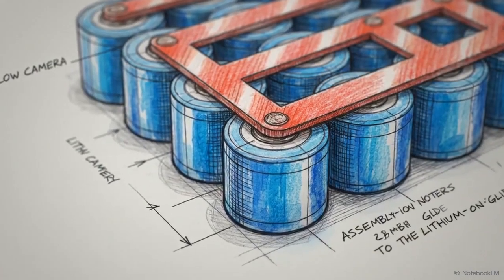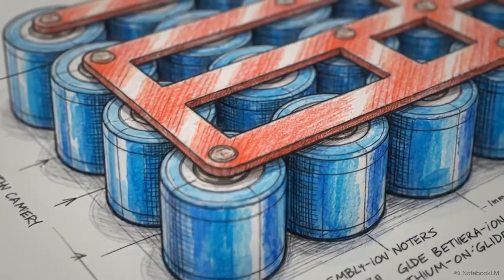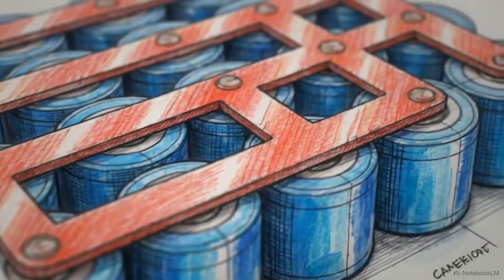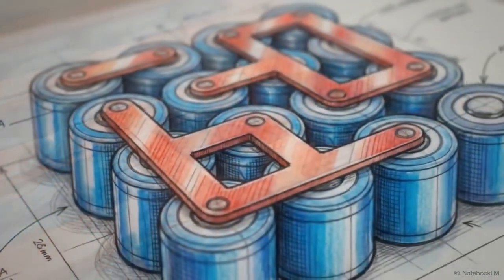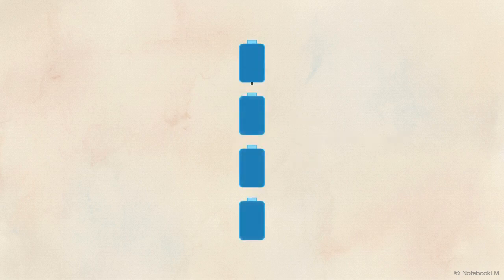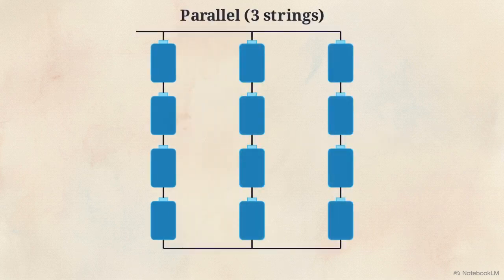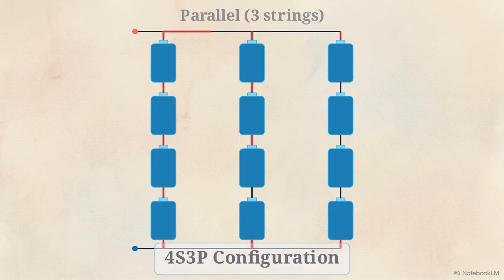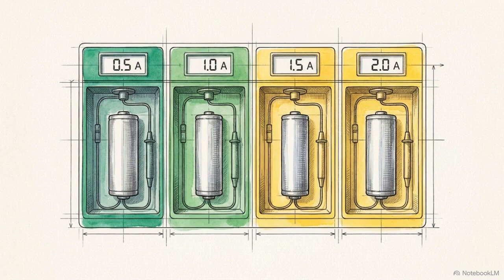Reliable battery management requires predicting the internal electrochemical state of a lithium-ion cell without the ability to measure that state directly. To bridge this inference gap, researchers use simulation frameworks to model specific hardware configurations. In this case, a multi-cell pack arranged with 4 cells in series and 3 strings in parallel, known as a 4S3P configuration. This specific pack is subjected to 4 distinct constant current discharge scenarios: 0.5 amps, 1.0 amps, 1.5 amps,